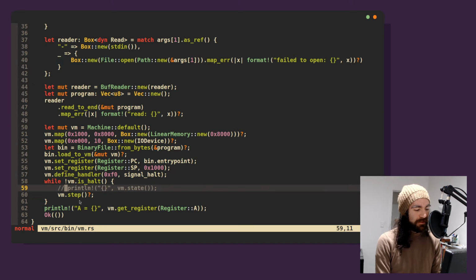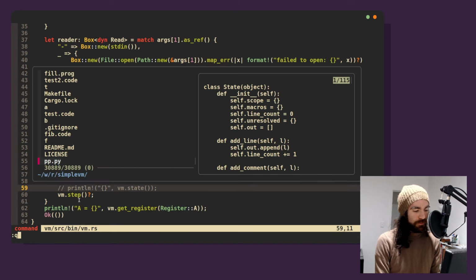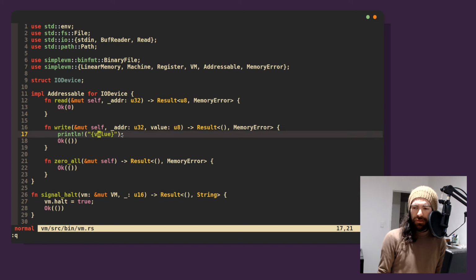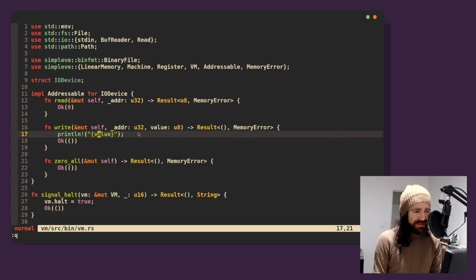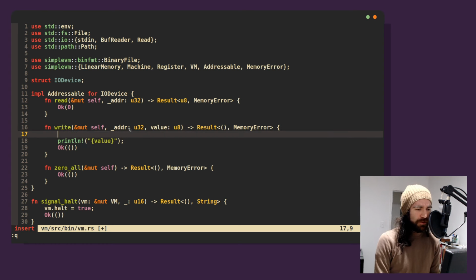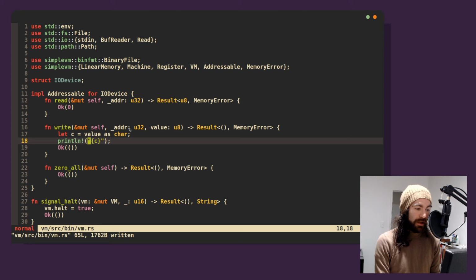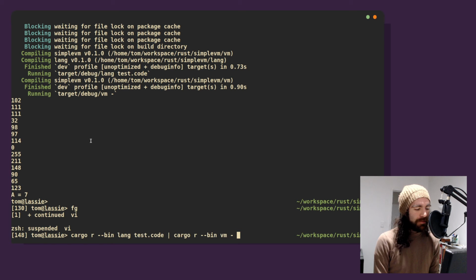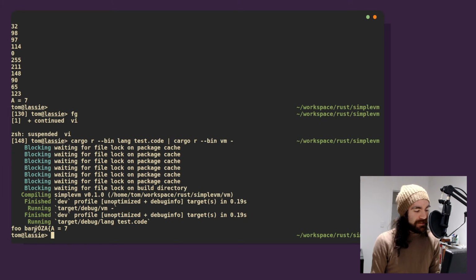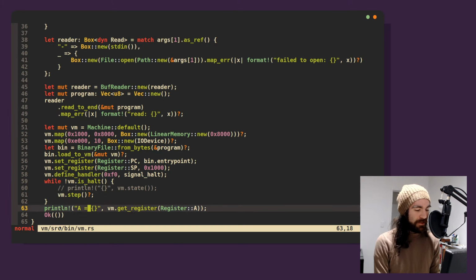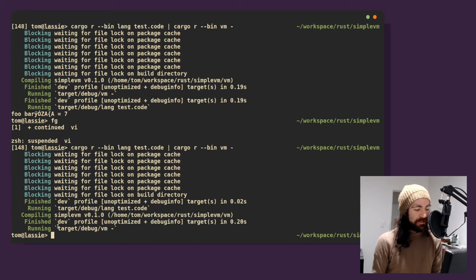That's not correct. But we can improve this because, like, what do I want to happen? I want it to print out foo bar. What am I actually doing? I'm just printing out the number value. So I need to reinterpret this value. Can I say value as char? And I want to print, not println, because I don't want all these on a new line. I want it to come out one after the other. Nice. Okay, that's really good. Also, I now have output other than just the A register, so that's no longer as important to me.